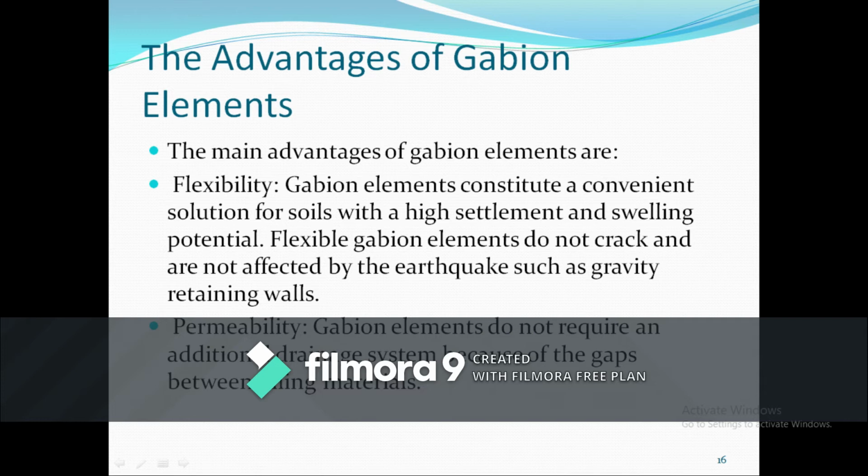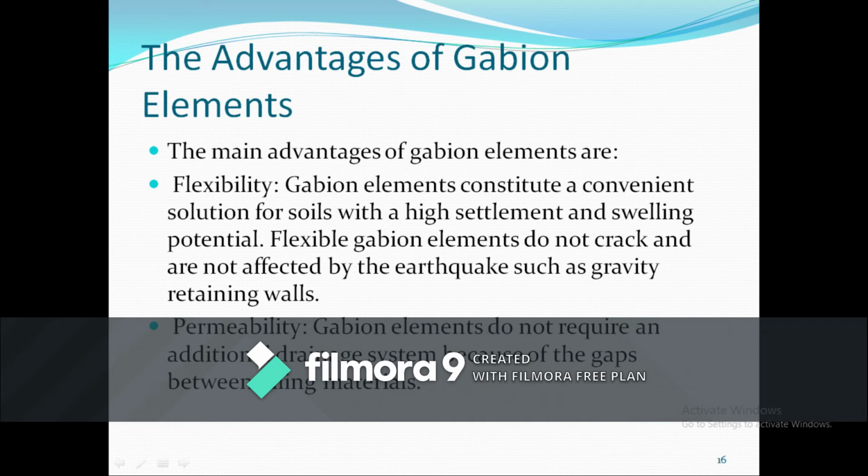The main thing is they are very helpful for earthquake resistant structures, and also where swelling and high settlement of soils are present, the usage of these gabion elements will help in order to increase the soil potential. Not only this, these gabion elements do not crack.